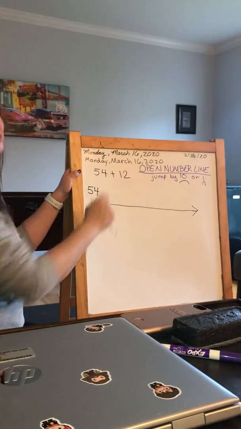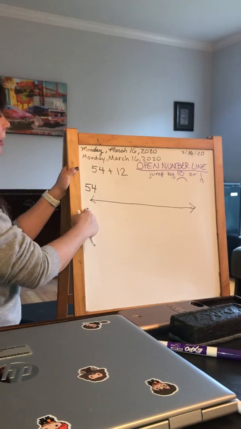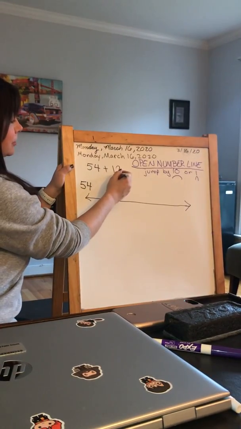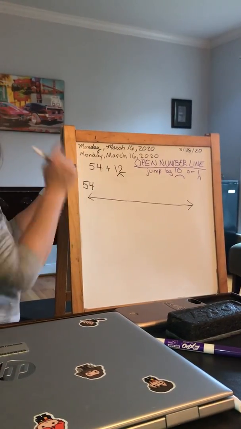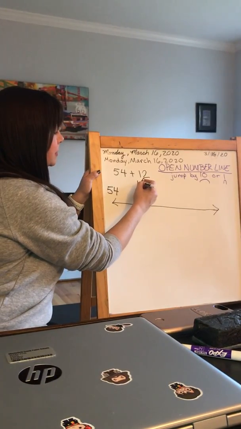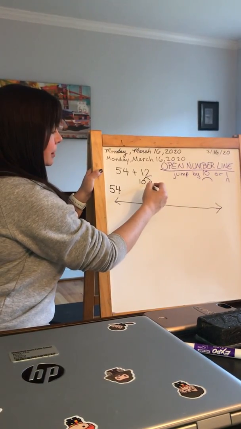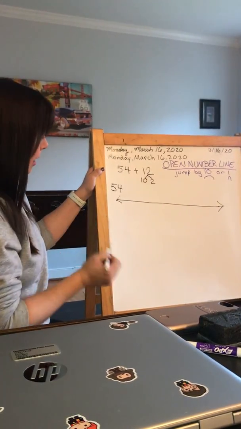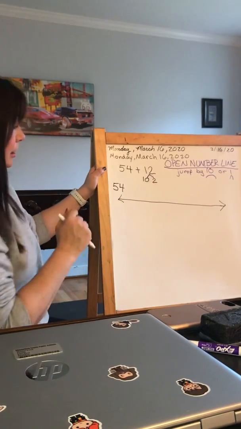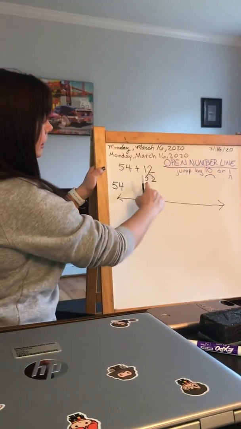So 54 plus 12. I want to start with 54 at the beginning of the number line because that's the big number. I don't want to have to jump that much. So I'm going to break the number down, and that's called decomposing when you break it into tens and ones. So I have 1 in the tens place, that means I've got a 10. I've got a 2 in the ones place, and that means I've got 2. So now I'm going to use this number line, and I'm going to skip count to see where I would end up when I added a 10 and a 2.